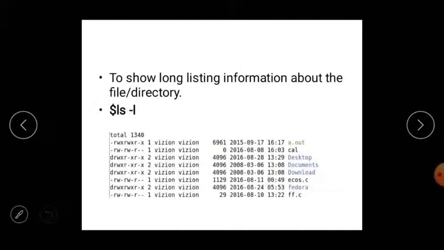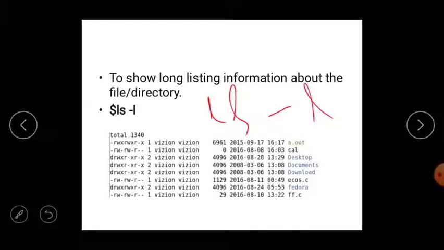Minus 1 displays each entry on a line. Means it is going to display each entry line by line. Okay, next, to show long listing information about the file or directory, ls space minus l.